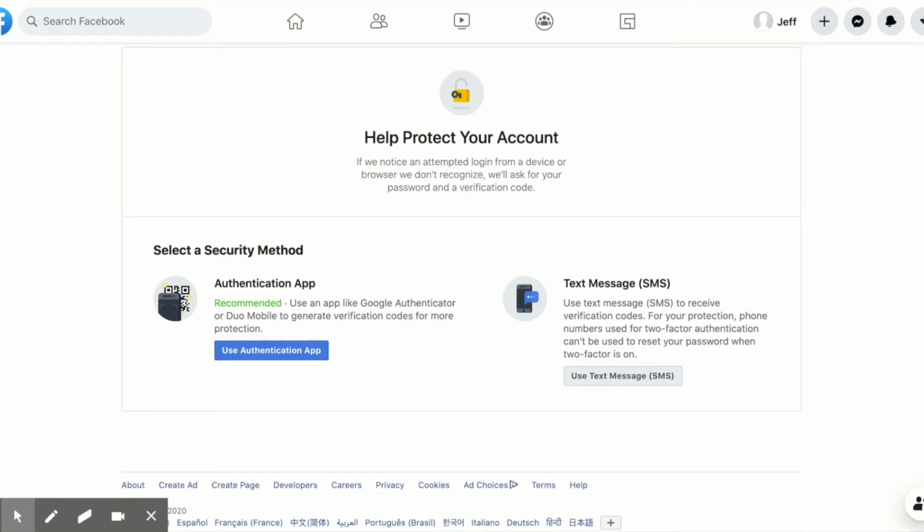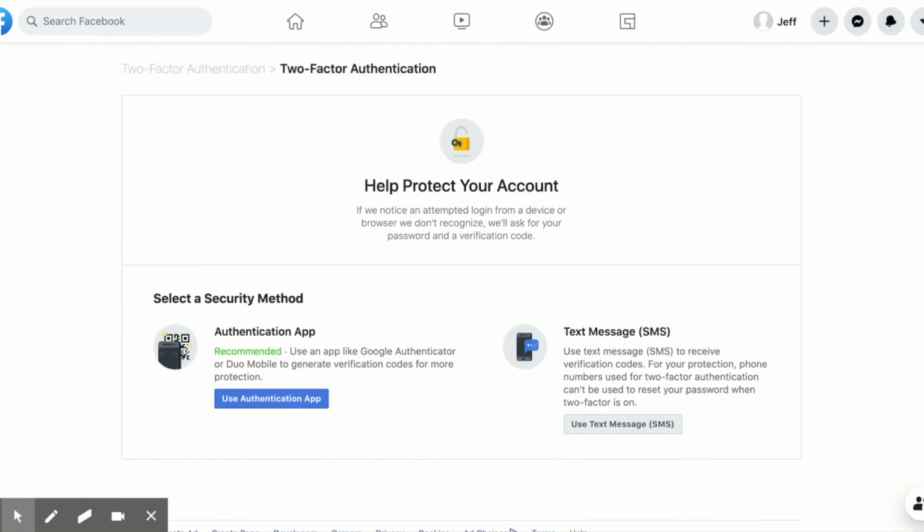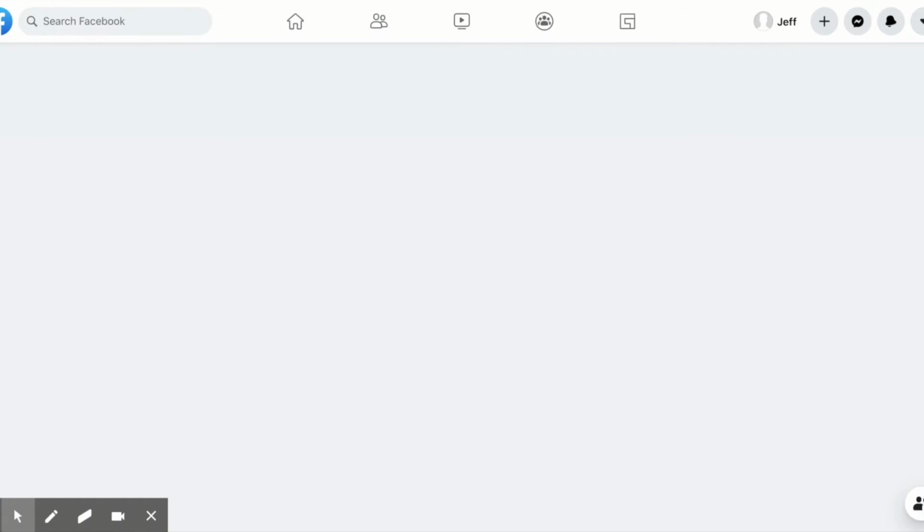So you would basically click on that, you'd put in your cell phone number, and it would send you a text message code. So that way, even if something happened to your Facebook password and login, and someone else had that, they would not be able to easily get into your account because a one-time text message would be sent to your cell phone each time that happened. So turning two-factor authentication on is a really great option for security and to help prevent people from getting into your account. So if I just go back a screen,